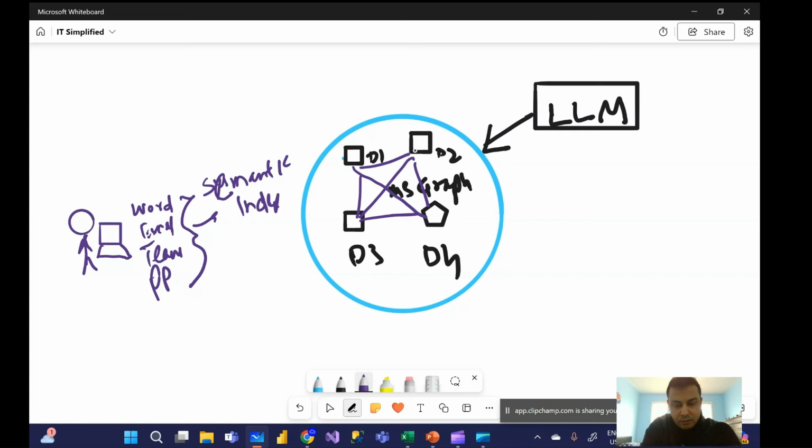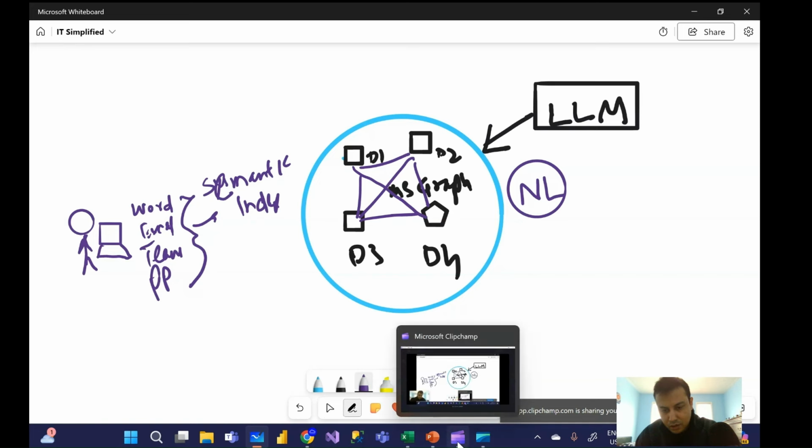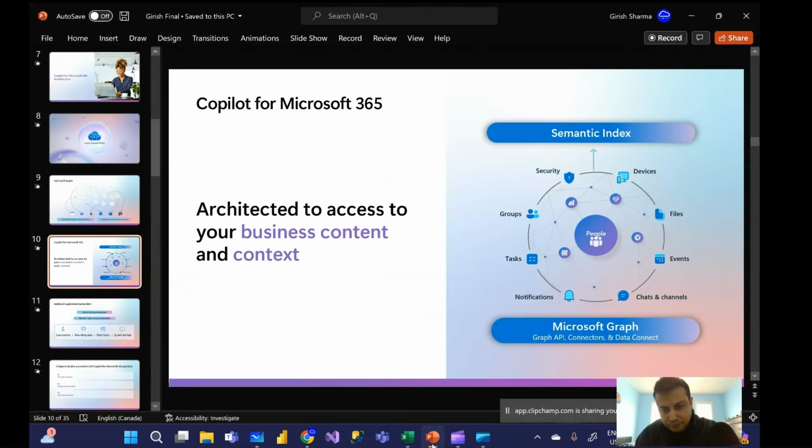That's where Microsoft Graph, semantic indexing, large language model, and natural language all combine, right? Hopefully this gives you an idea about the architecture behind Copilot for Microsoft 365. Going back to my slide,